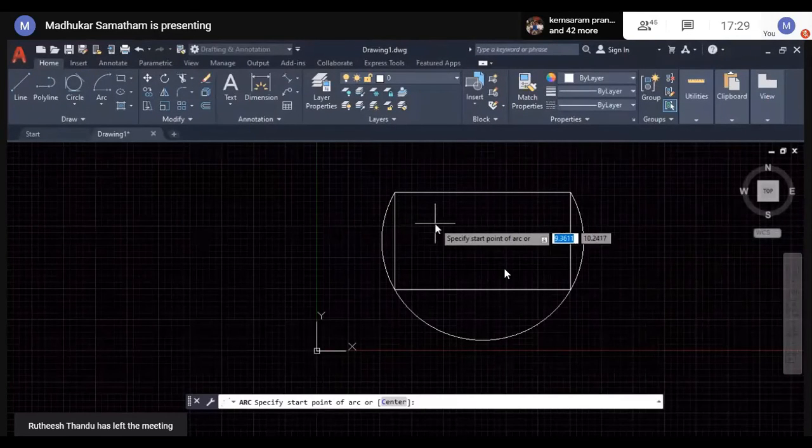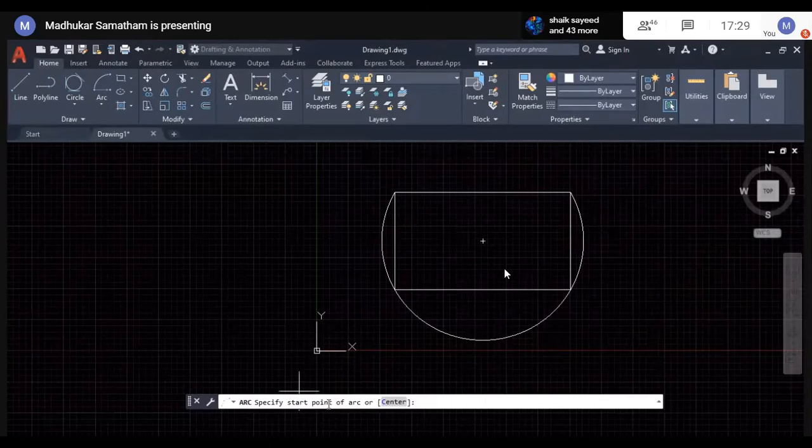Whenever you have a doubt what command we are supposed to specify, please go through the command prompt. It will prompt you what you are supposed to specify exactly. Here, start point of an arc or center. Depending upon our parameters, we have to choose wisely. Either you can select the center point.